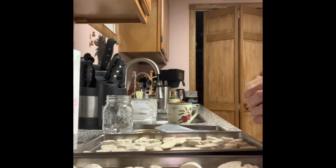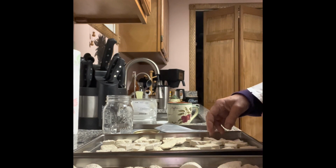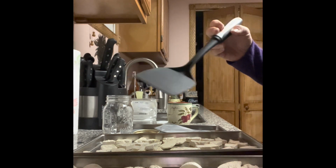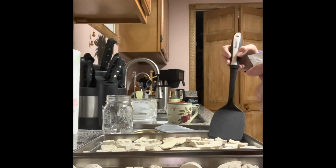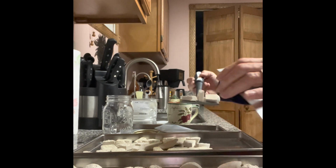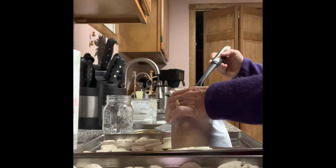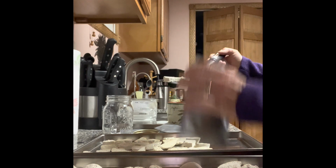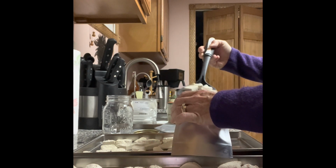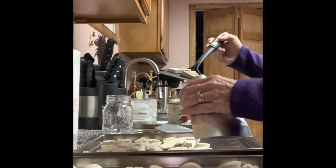So it'll be interesting. I'm going to see if I can find a spatula in here. Use a spatula, and we'll go ahead, and you can use a funnel, of course. I don't have gloves on this morning, so you could put on your gloves. Now, mind you, you can cut these if you need to, but